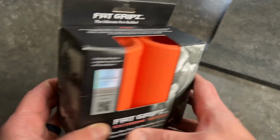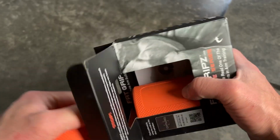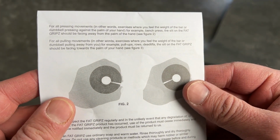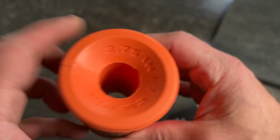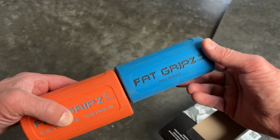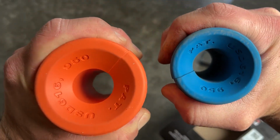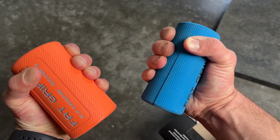Now, just looking at the unboxing of the product, very similar packaging, it gives you a warning to go over their instructions on some safety information. You're going to see right off the bat when you look at these that they are definitely thick. They're definitely much bigger compared to the other ones. You go back and forth, not only holding them in your hand, but even putting them on the machine, and it really does feel like a night and day difference. The other ones feel like child's play compared to these things,